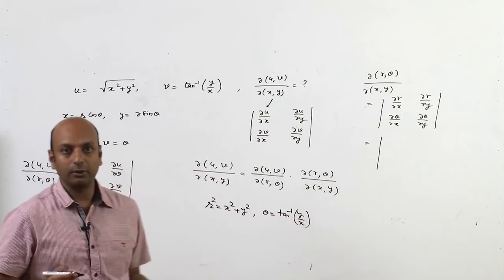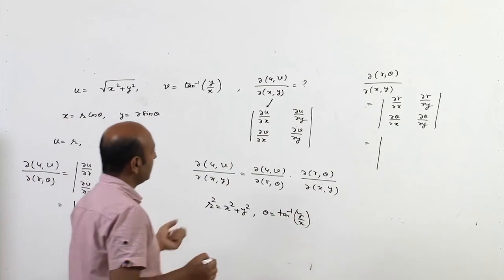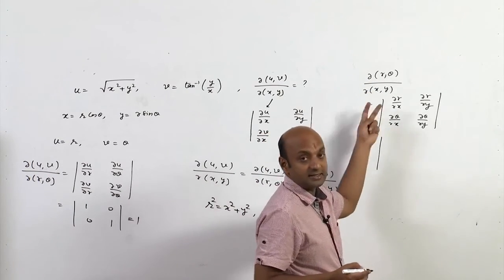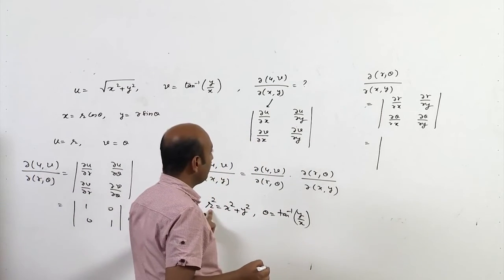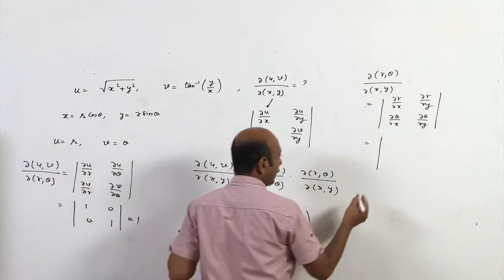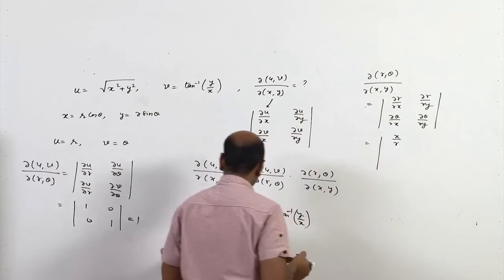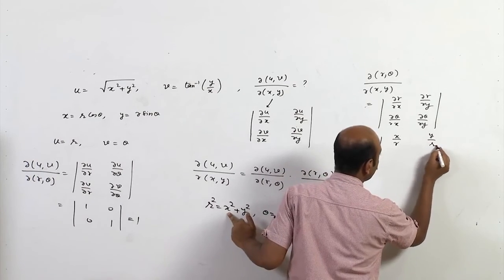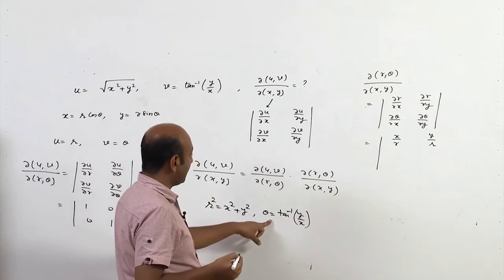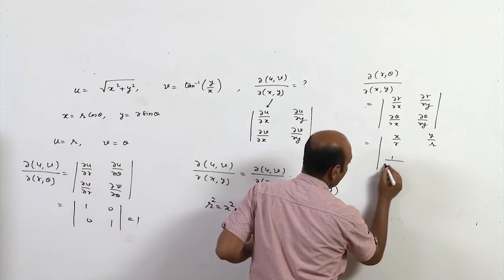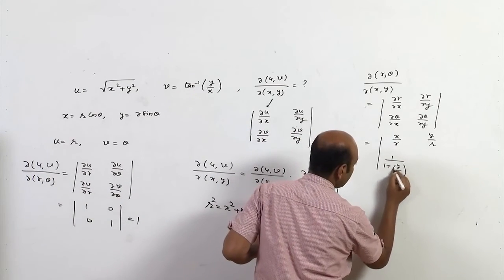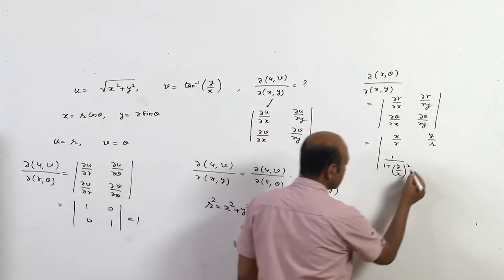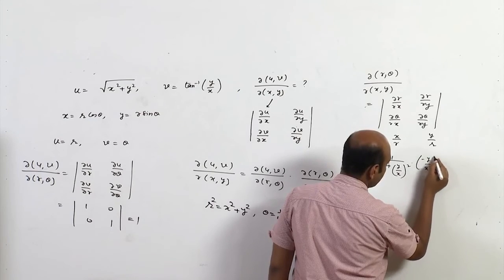Let us compute this thing. We have a result that del(r,theta) upon del(x,y) is, I think, 1 by r. Let us see. What will be del r upon del x from here? It is x by r. What is del r by del y? It is y by r. What is del theta by del x? It is 1 upon 1 plus y by x whole square into the derivative with respect to x, that is minus y by x square.